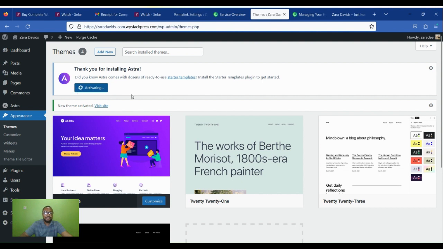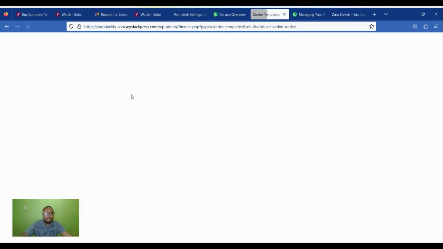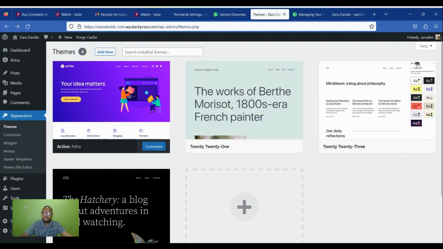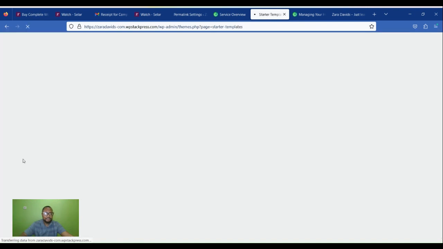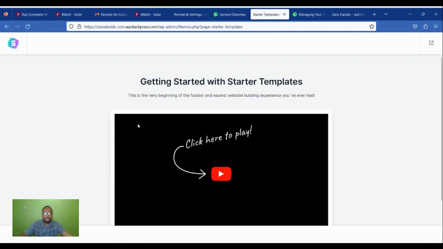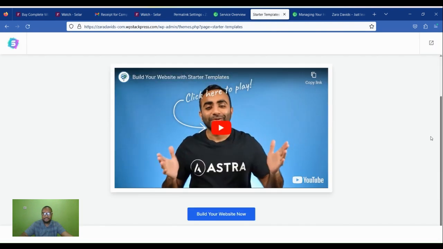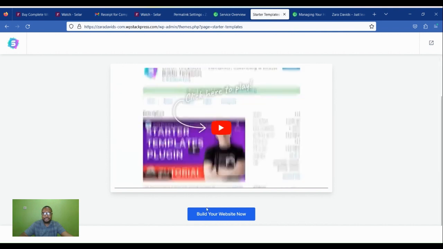That plugin is being installed and activated. Good, that is done. Once that is done, it's going to take you to a screen which will enable you import your starter template. To do that, you have to come to appearance and click starter template. Once you choose starter templates from appearance, you're going to be presented with this window. Click build